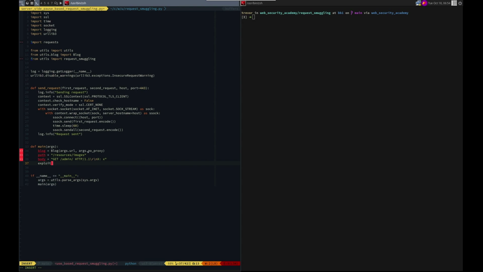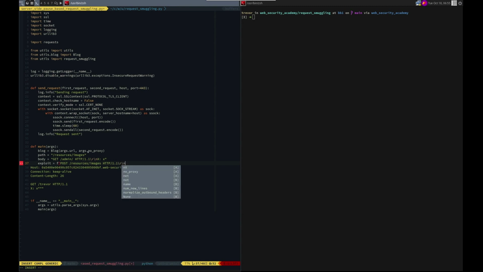Exploit equals. I don't need triple quotes because I'm going to do the \r\n. But I am going to do an F somewhere at least. So I'm going to go to the end, a \r\n,